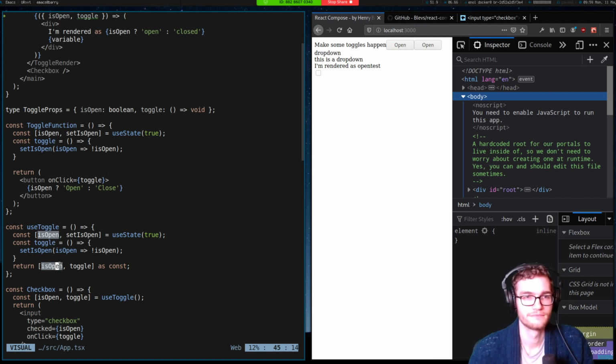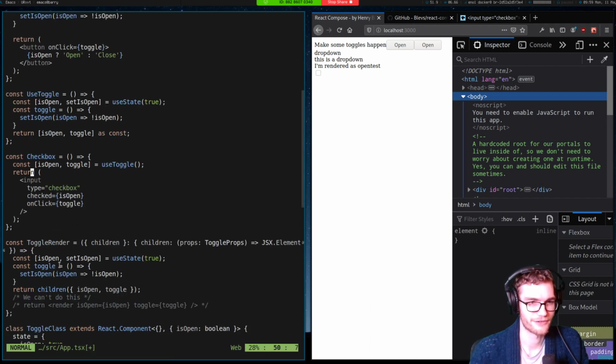Any gotchas when creating custom hooks? Yes. Luckily for us, the React linter is great, and will help prevent you from making a lot of mistakes with custom hooks. Like, for example, this is now capital U useToggle. And